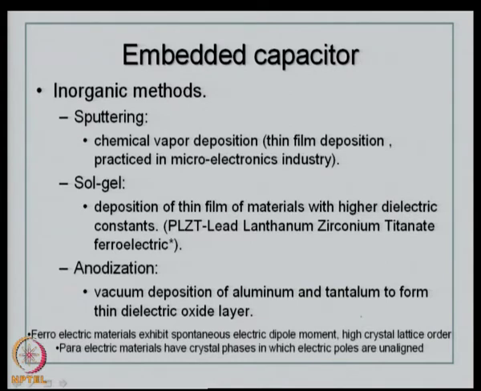Firstly, in terms of process, we could have inorganic methods. Typically sputtering, chemical vapor deposition, and thin film deposition practiced in the microelectronics industry, so it could be easily adopted into the fabrication methodology. Ideally, these are suited for small areas, not really suited for large area fabrication that you would see in the